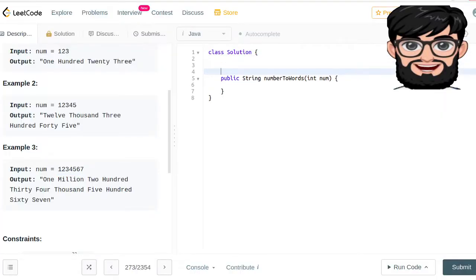So in this class we're going to be declaring a few hard-coded values. This is going to be an array. So we're going to say private final string array. We're going to call it less than 20, which is gonna be an array having all the numbers below 20, which is nothing, and then 1, 2, 3, 4, 5, 6, 7, 8, 9,